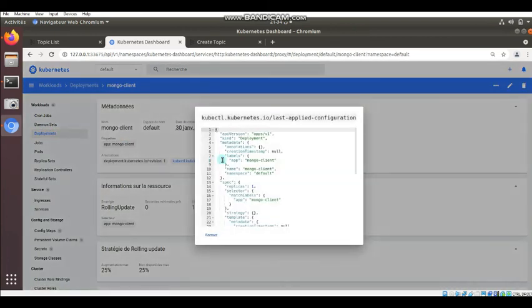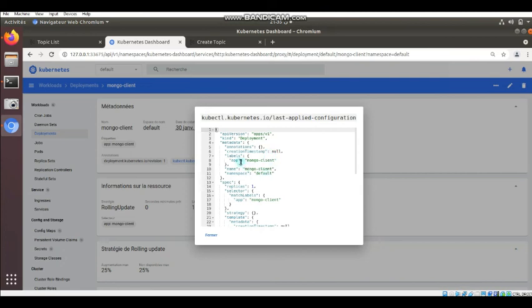Let's get the configuration file. We will use the normal server with Notepad here. So this is the Mongo deployment YAML file, in which I added an explanation for the Mongo deployment, such as